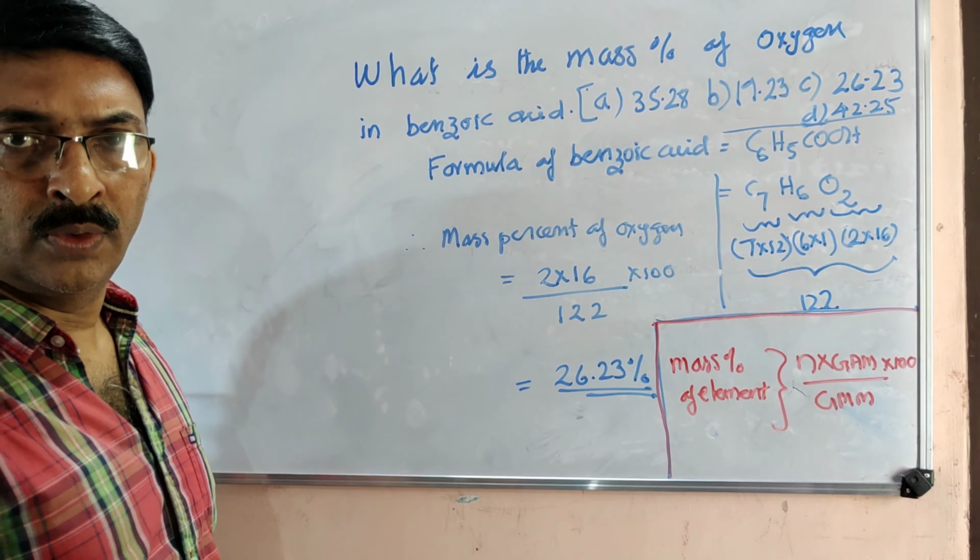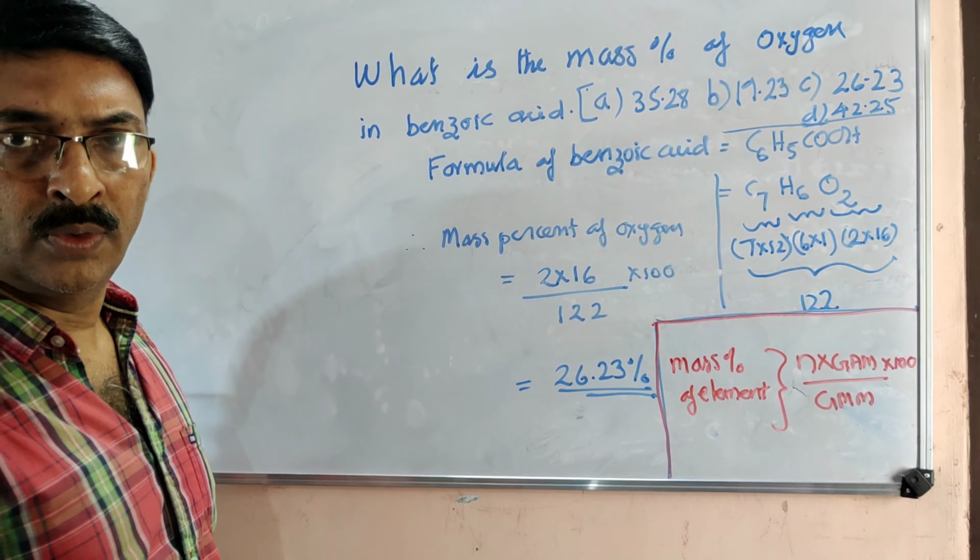So they may ask you to find mass percent or number of atoms of a particular element, or to calculate the atomic mass of a particular element, or to identify the element, or to get molecular mass of the compound, or to identify the compound. Okay, there's another way of asking a question. Sometimes they ask the question like this. For example, a particular compound has 20% sulfur. What is the minimum molecular mass of the compound?